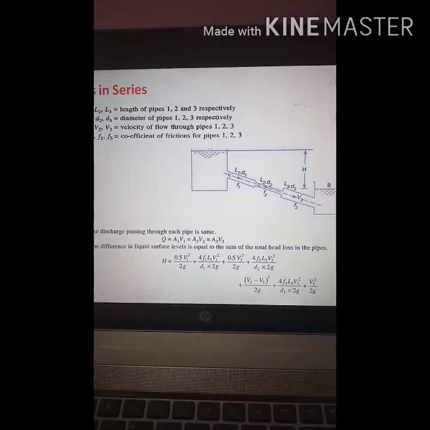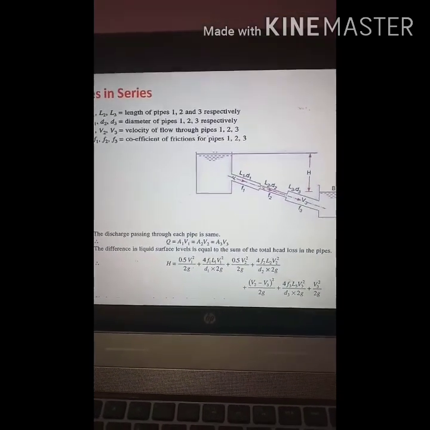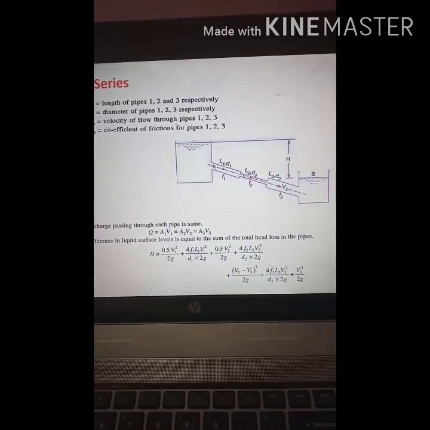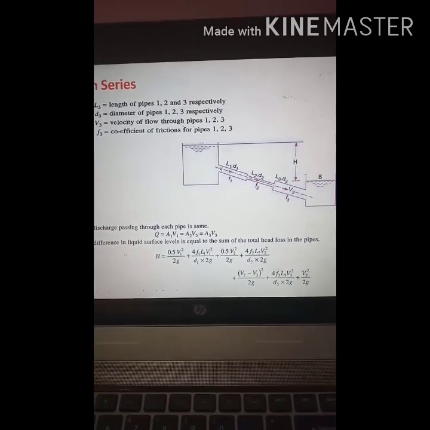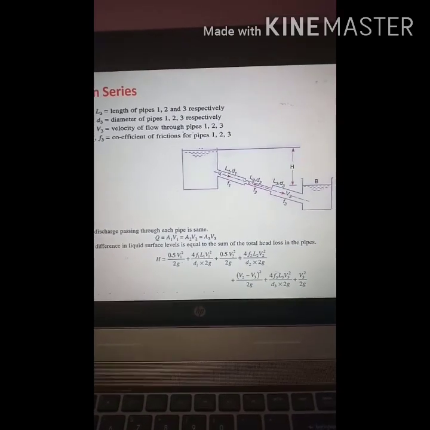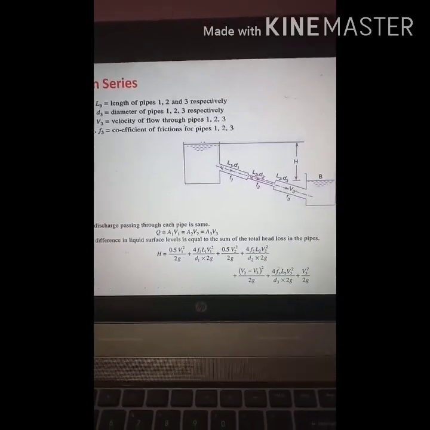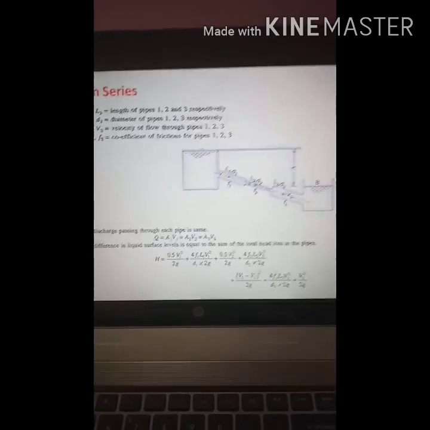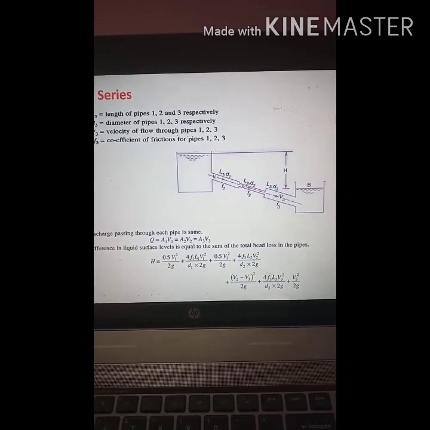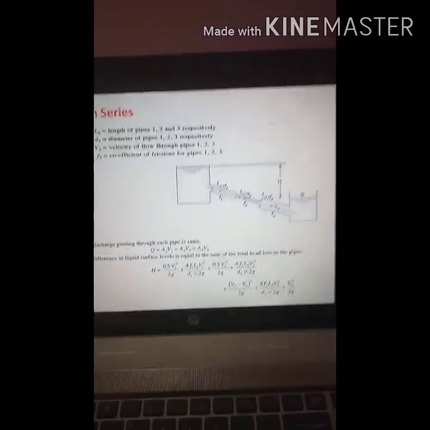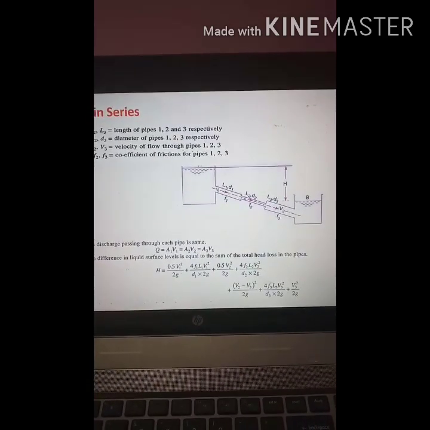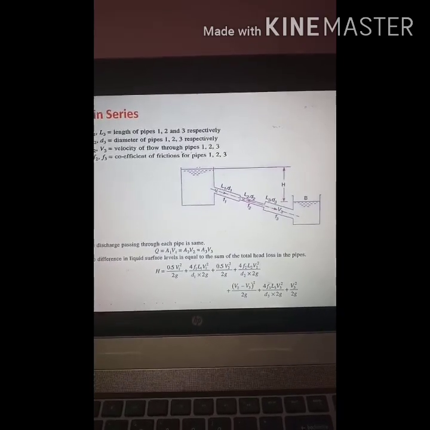So to reduce the major loss, you divide the pipe into some sections, so that it will include the major loss as well as minor loss. Major loss you can decrease by increasing the diameter and decreasing the length across each pipe, and minor losses are less compared to the major loss. So the major loss is decreased mainly by keeping the pipes in series. That is the main reason why you use pipes in series, to reduce the major loss.